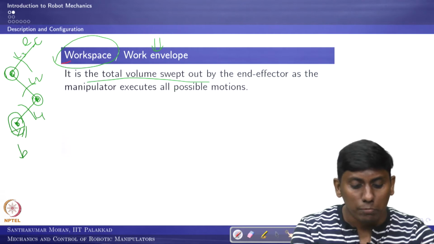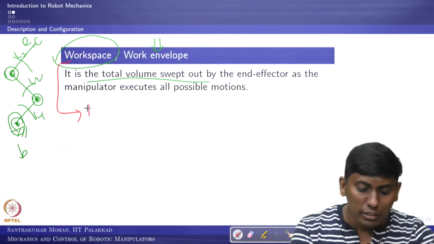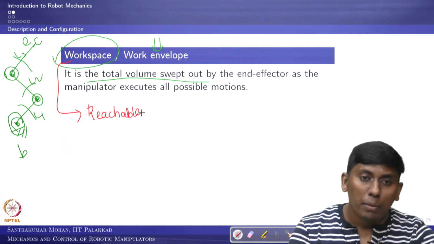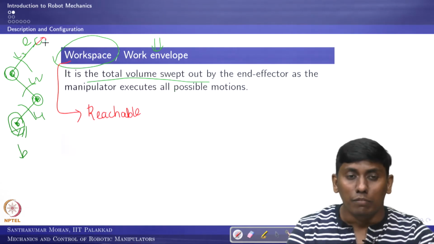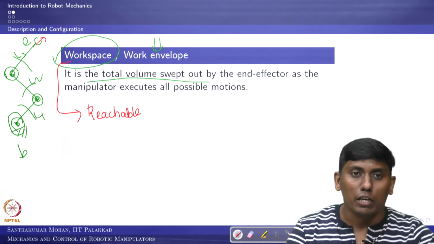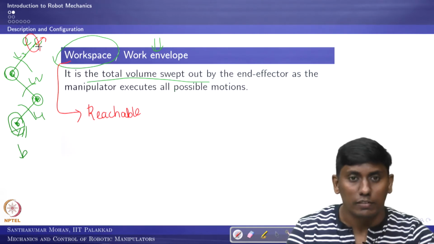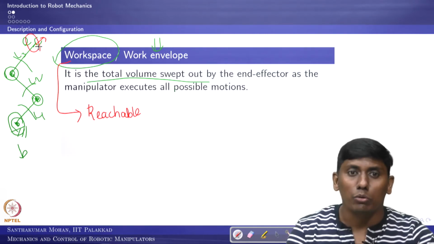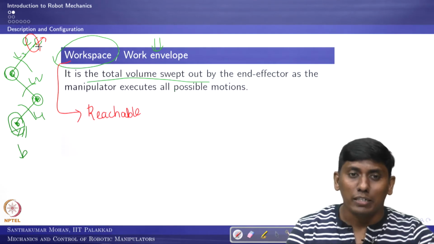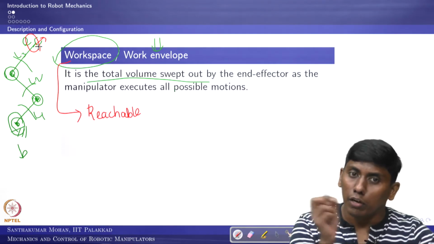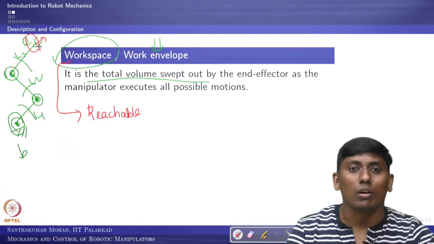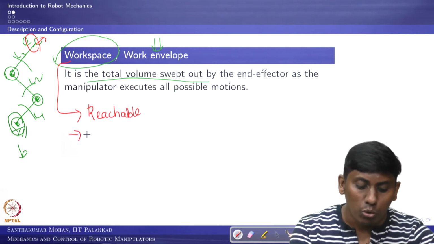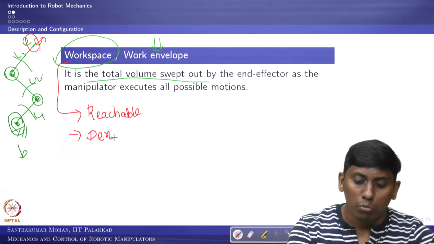Then you can see the workspace can be further classified. One is all reachable points, which you call the reachable workspace. But for certain points, the orientation of the end effector can be arbitrarily fixed. In the sense, this is the end effector orientation, and it can be oriented 0 to 360, then that would give a small confined workspace. But additionally, it can fulfill any given orientation. Then what you can see is what you call dexterity. So that workspace you call the dexterous workspace.